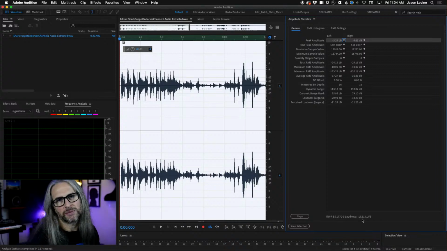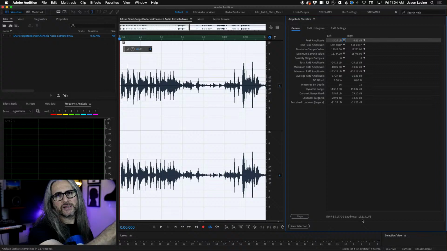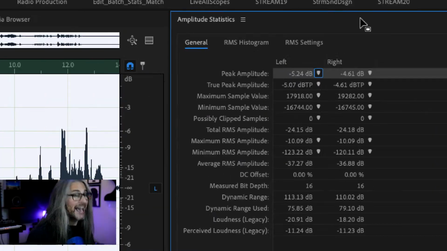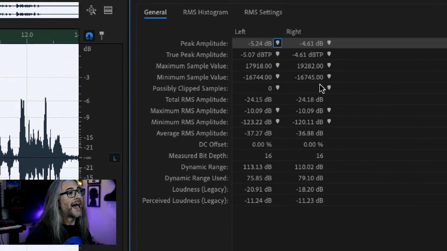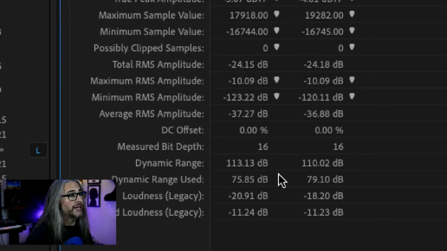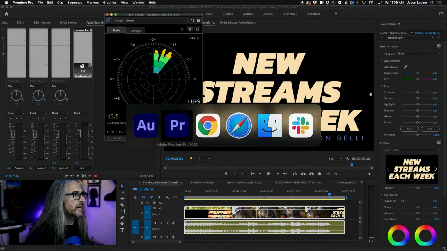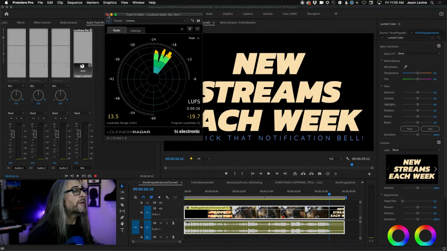I don't love that loudness meter, to be honest with you. It's fine. We've had it a long time. It used to be cool to look at. Whatever. I use this. It's accurate. It's really fast. And it also tells me everything in terms of actual true peaks, actual RMS averages, actual dynamic range leveraged and used, okay? For my audio nerdness, I prefer this, but either one works, okay? And you've got a lot of different options there. Okay, so that was a little on the